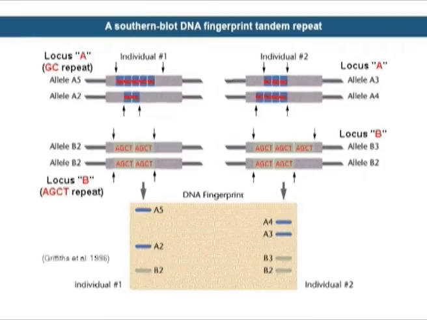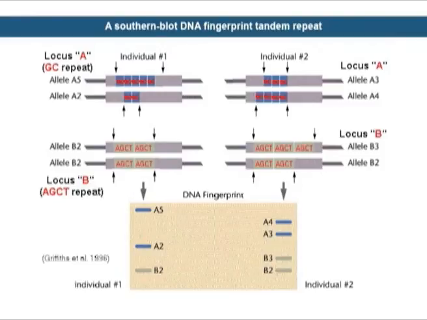Microsatellites are screened from a genetic library and they are a part of a database of readily accessible species-specific microsatellites that can be used to sequence and compare across genomes or within a species. For example, locus A is a tandem repeat of the motif GC. There are 4 alleles with 2, 3, 4 or 5 repeats, A2, A3, A4 and A5 respectively. Locus B is a tandem repeat of the motif AGCT. There are only 2 alleles with 2 or 3 repeats, B2 and B3 respectively.